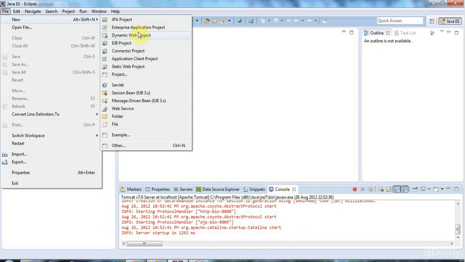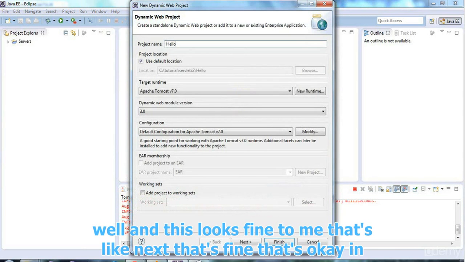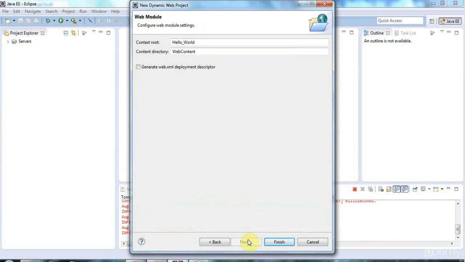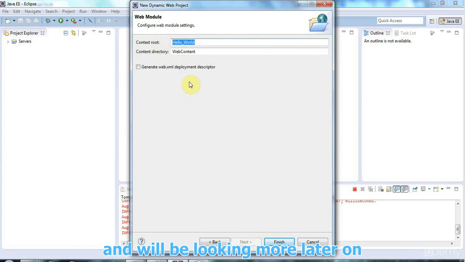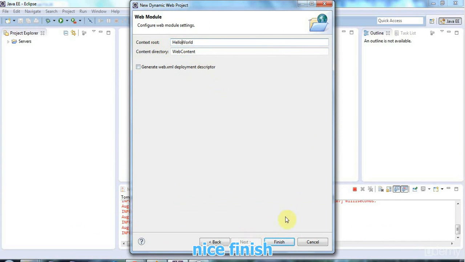Dynamic Web Project here, and let's give this a name. Let's call it Hello World. And this all looks fine to me, so let's click next, and that's fine, and that's okay. And this context root is actually the stem of the URL after the domain name, and we'll be looking at that more later on, but hello_world is fine for me at the moment, or you might want to change it to something that looks nicer if you want. Then I'll click finish,